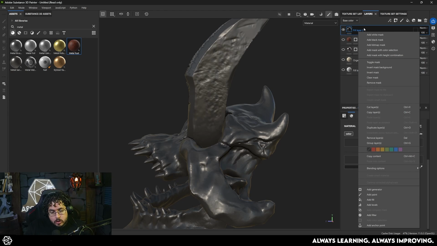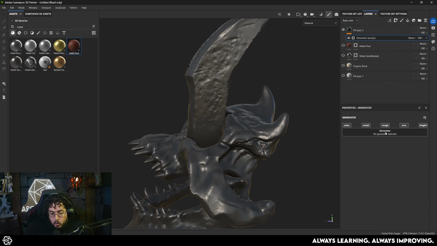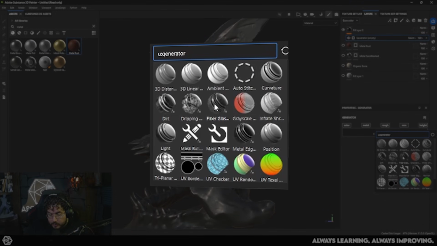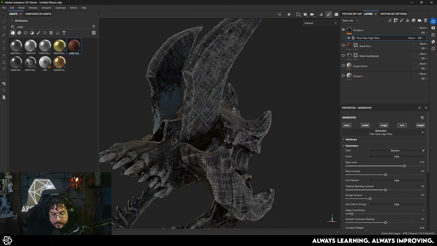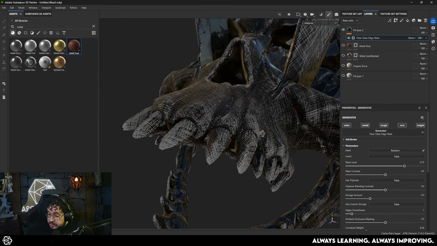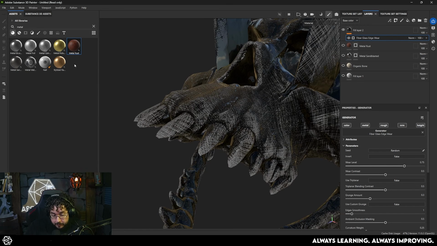So this one's also similar to the UV and the textile one that we saw at the beginning. This one will work a little bit more with the full material, so not a mask. In this case, the first one is the fiberglass material. As you can see, it gives us this sort of fiberglassy look to the whole thing. Pretty interesting, but normally I would just grab a fiberglass material from the library instead, but it's a good option